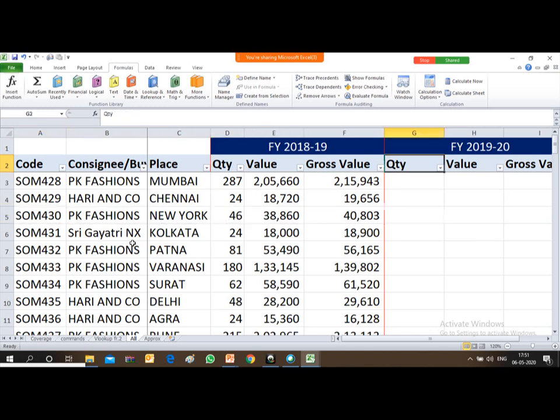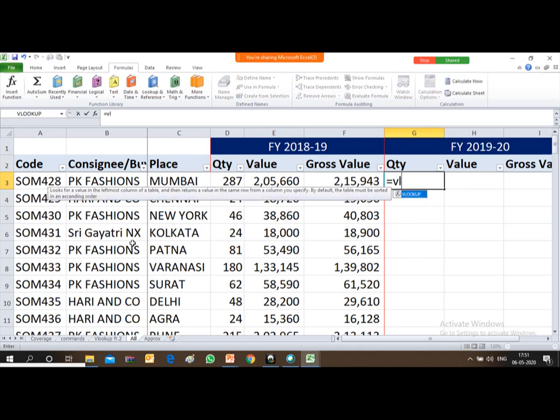So let's continue. As usual, we have to type the formula equal to VLOOKUP and then put start bracket.